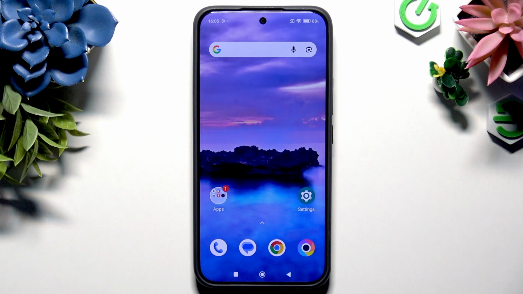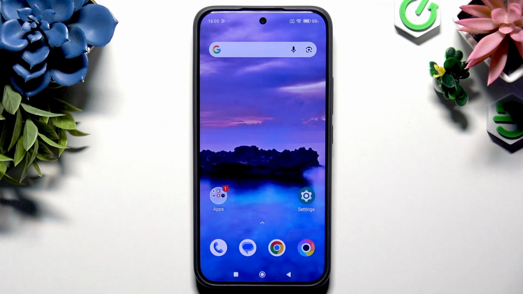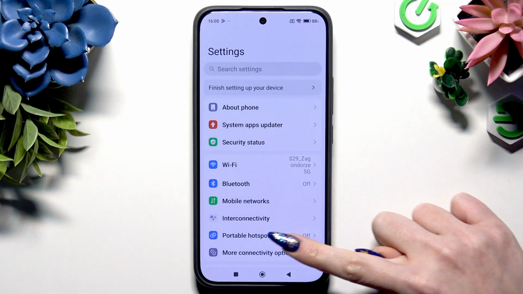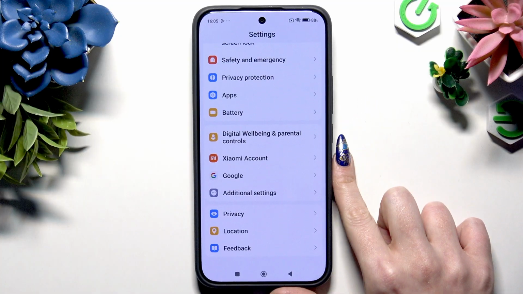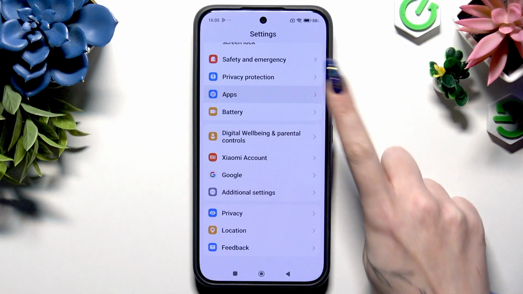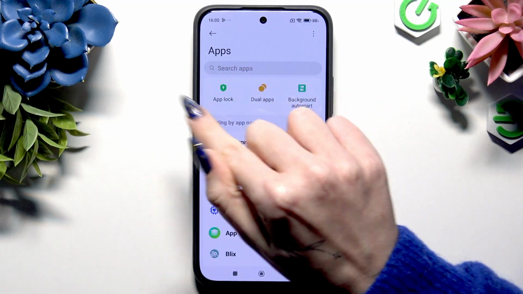In front of me is POCO M8 Pro, and today I would like to show you how you can lock apps using App Lock. First of all, go into Settings and scroll all the way down. This way you will access Apps section. From it, you need to select App Lock on the left